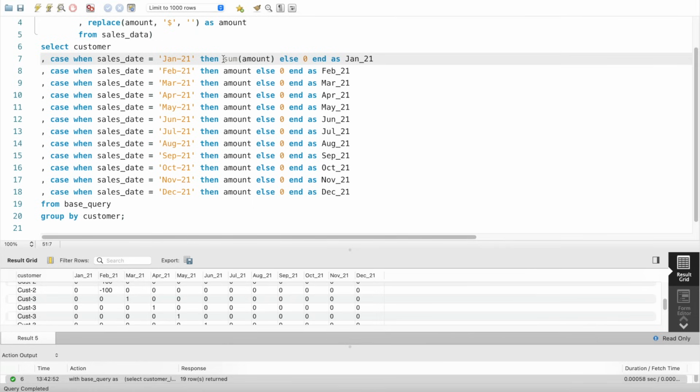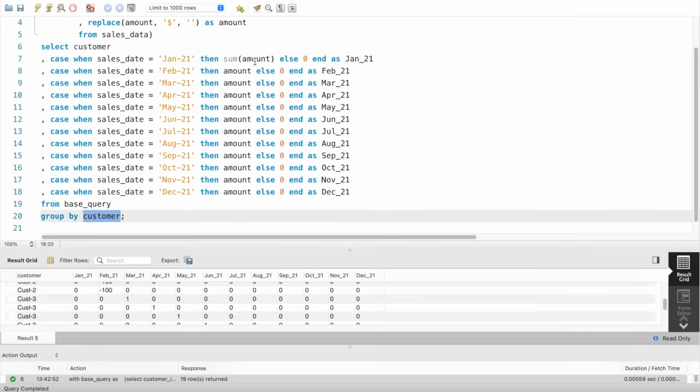Why? First of all, this is going to give me an error, because if I use the sum here, and this sales date column is not within an aggregate function and it is not part of my group by, SQL is going to throw an error. As per SQL, whenever you are using a group by, any column that you mention in the group by clause, only those columns can be present in your select clause without being enclosed within an aggregate function. Meaning that if you want to use any column here, and you don't want to put that column within the aggregate function, then those columns should be part of our group by. So